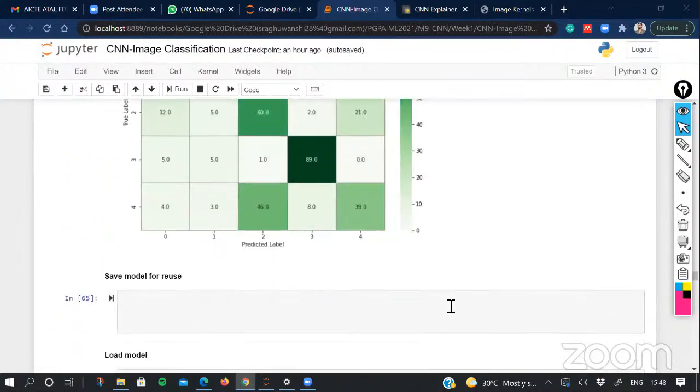Yes. So there are methods like, I hope you have heard about He normal and He approach. Have you heard about this He approach, He normal approach of weight initialization? Sir, actually, I'm not getting your voice properly. Am I audible now? Yes, sir. What I'm saying is, have you heard about this He normal approach of weight initialization? Weight initialization I have heard, but He approach I have not heard. Let me show you.